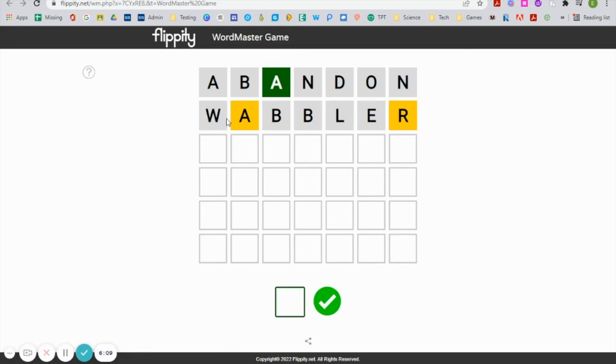That means there's an A in my word, there's an R in my word, but they're just not in the right spot. So that tells my student, uh-oh, I got to get my A back over here. So yellow means that letter is in the word, but it's not in the right location. So they have to think about swapping them around. So they got all those chances to guess.